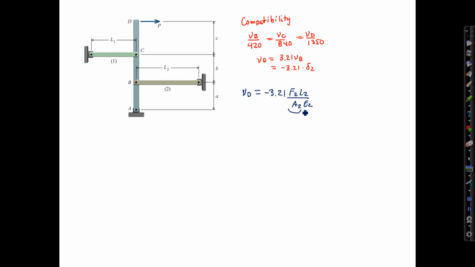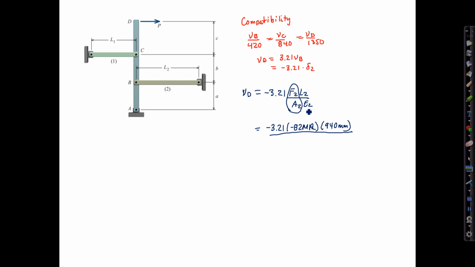We can save ourselves a little bit of work by recognizing that F2 over A2 is the stress that we just solved for. So negative 3.21 times negative 82 megapascals times the length of member 2, which is 940 millimeters, divided by the